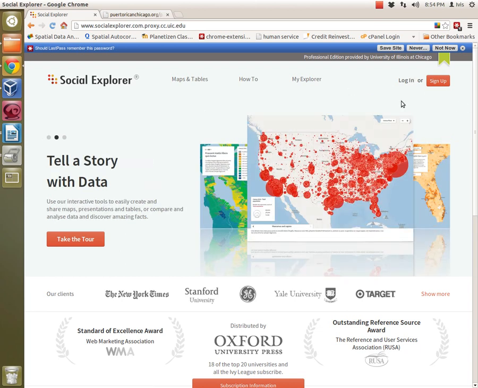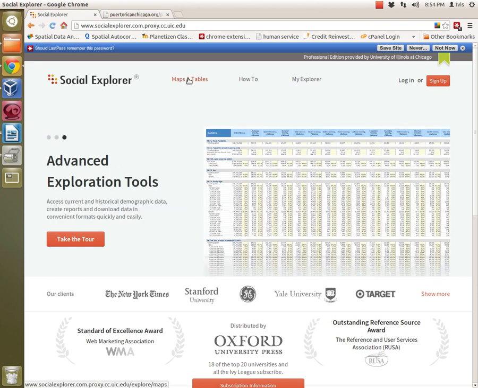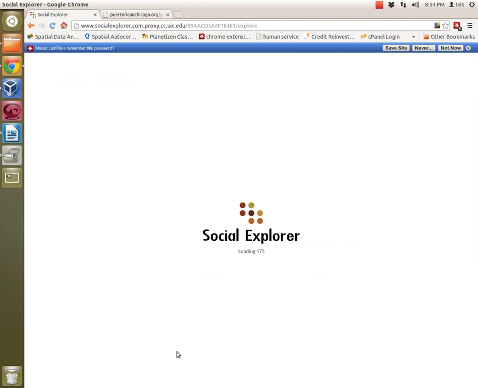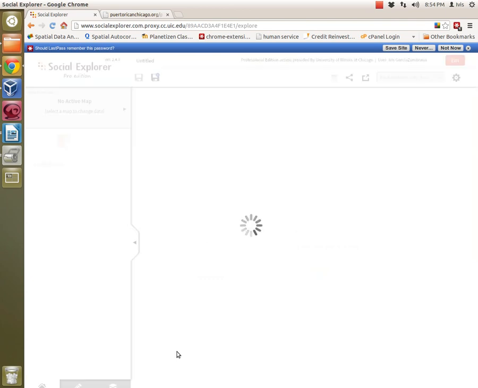I'm already logged in, and after that you just have to go to maps and tables, then go to the very bottom of the screen and select start here. Your Social Explorer will load,